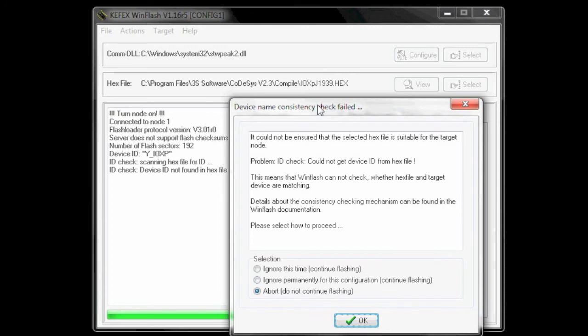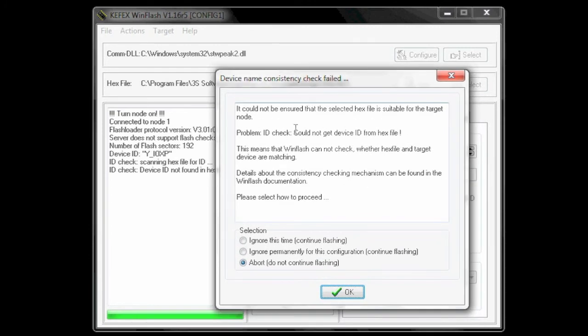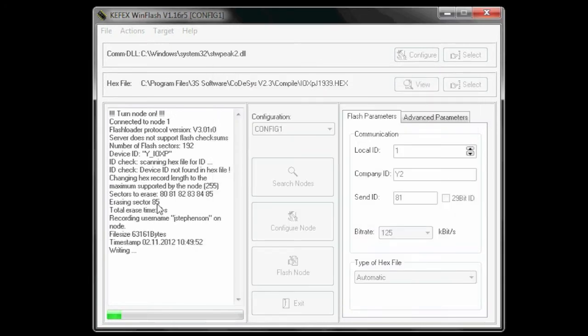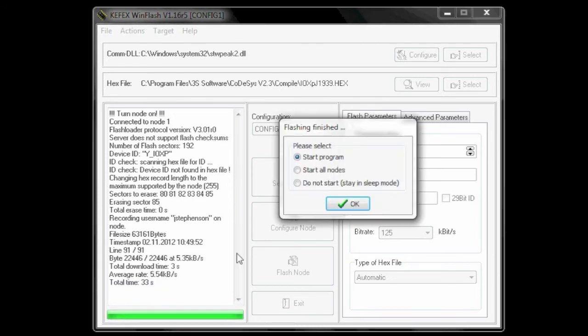So I know this is an IOXP hex file, so I'm going to click ignore this time and just continue flashing because I know that it is the proper hex file. So I'll click OK. It tells me I'm erasing these sectors, and here's the actual progress. So the flashing is completed, and it now asks me if I want to start the program, start all the